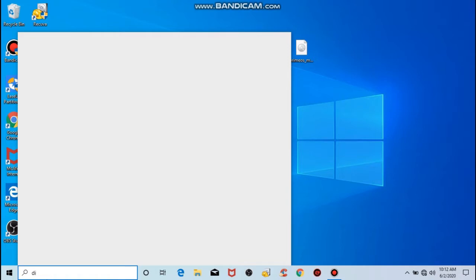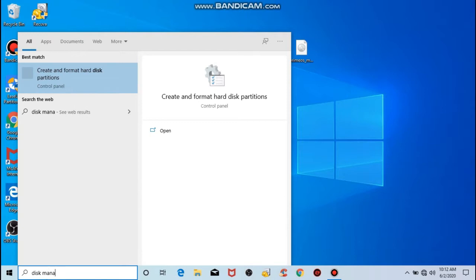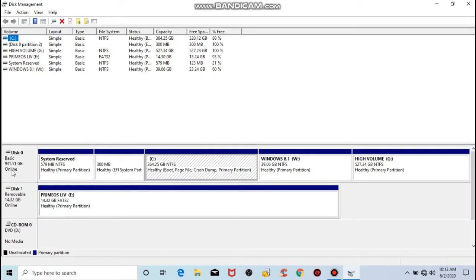So type disk partition in the search menu, then go on to create and format hard disk partitions, then open it. Just wait, and then it is opened.